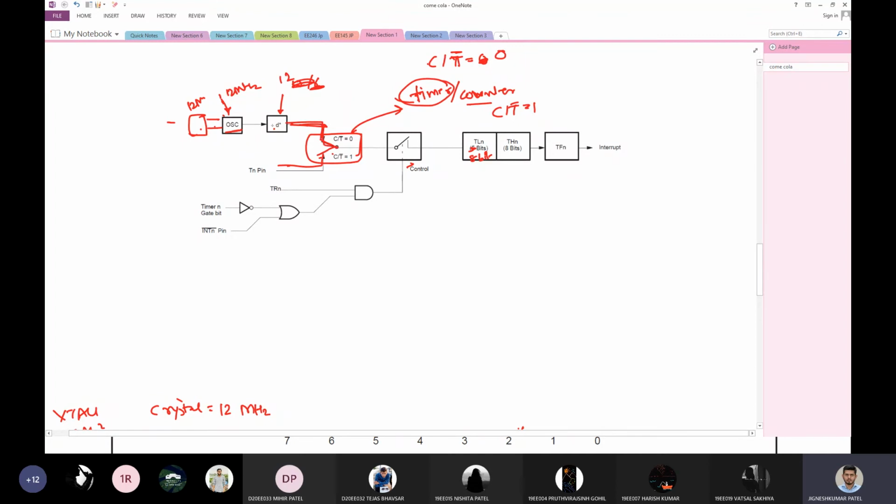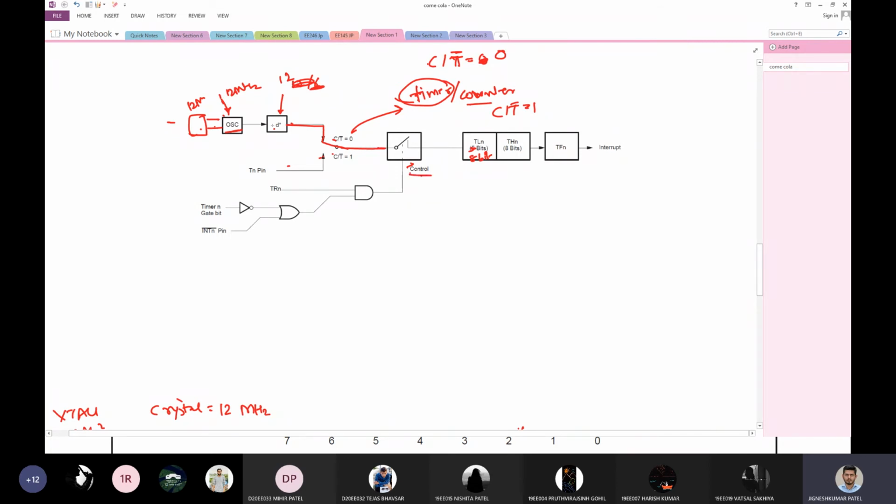So we have seen in the diagram, if your crystal is feeding your timer, in that case you can calculate time. Counter is a different function, and we'll discuss the counter later on. Right now I have connected it in this way. How have I connected it this way? By writing C/T equal to 0, by selecting timer operation.